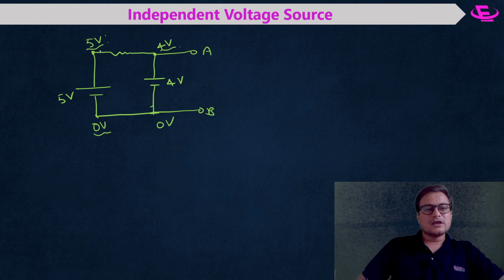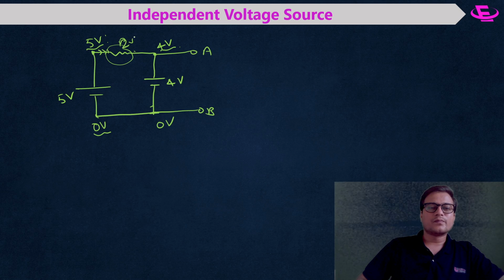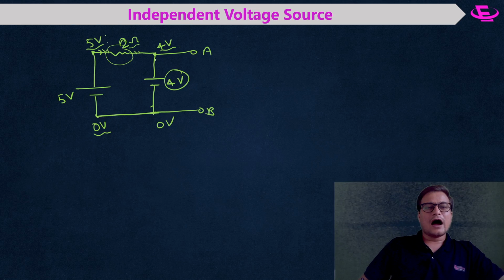Now what happens if you start moving from this point? There is a resistance, its value is suppose R, or its value is 2 ohm. There will be some voltage drop across this resistance, and of course the voltage at this point will be decreased, and this battery standing here will say I am maintaining a potential of 4 volt. So here the potential will be 4 volt. I hope it is clear to you.